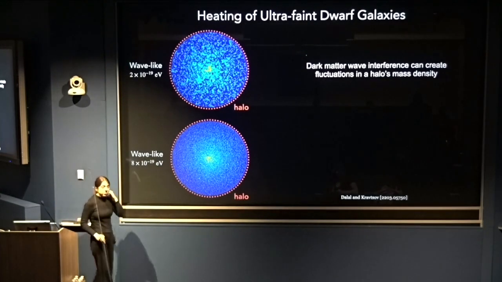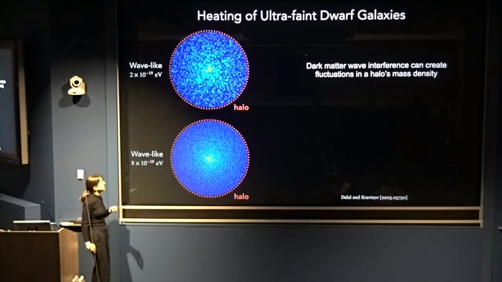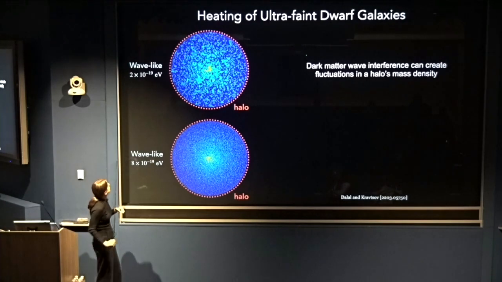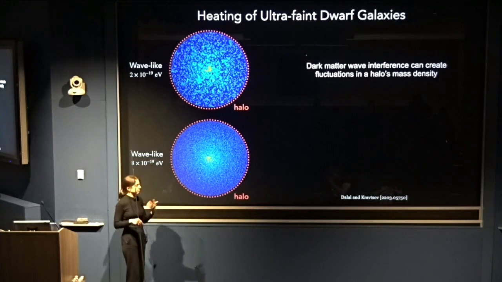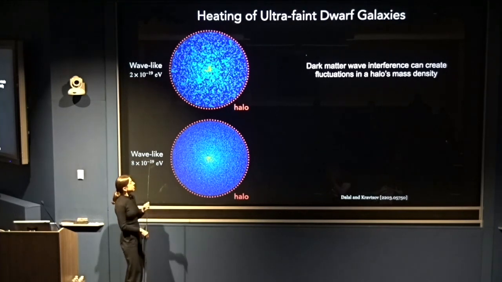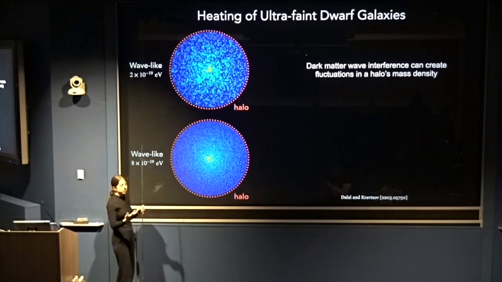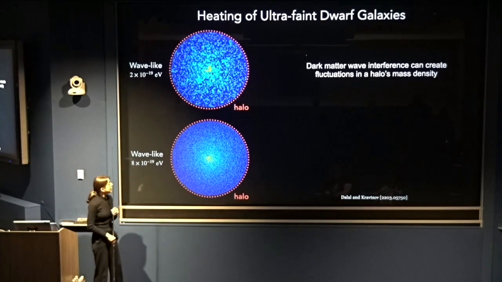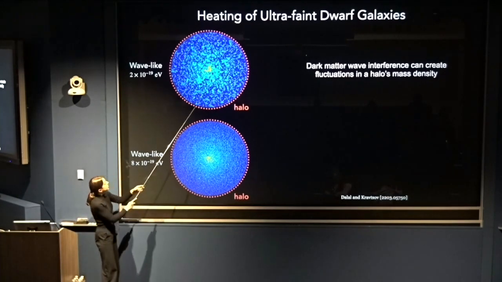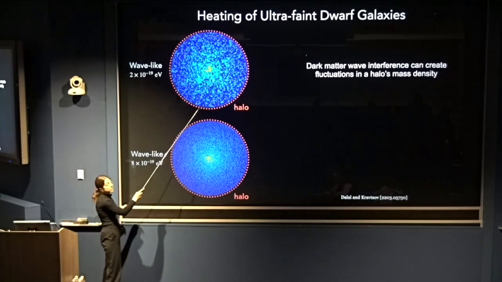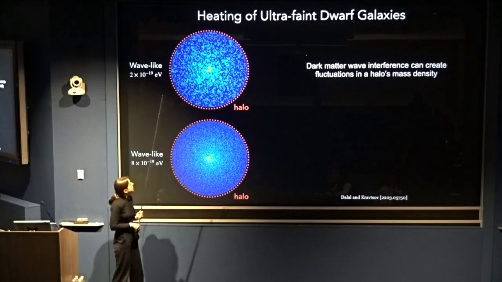Here's another example where the wave-like nature of dark matter has implications for dwarf galaxy-type systems. You get wave interference because the dark matter acts like a wave. So there are patches where you get coherent, constructive interference, and other patches where you get destructive interference. And so if we look inside a halo of dark matter, you're going to get regions of overdensities and underdensities having to do with all of these interference effects.